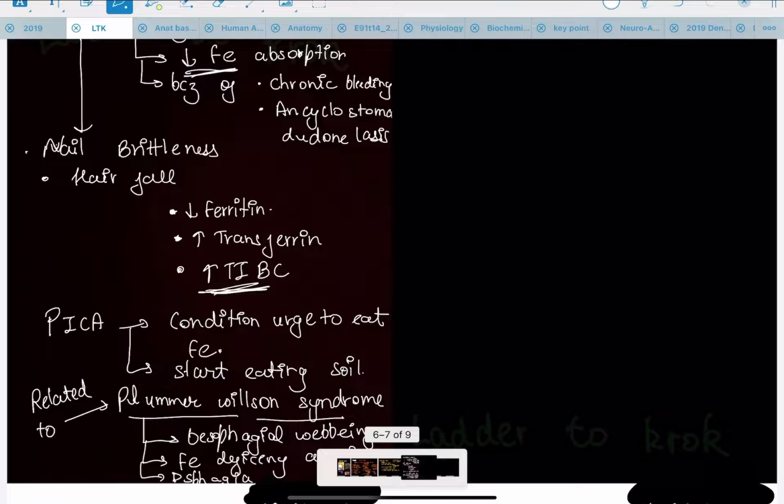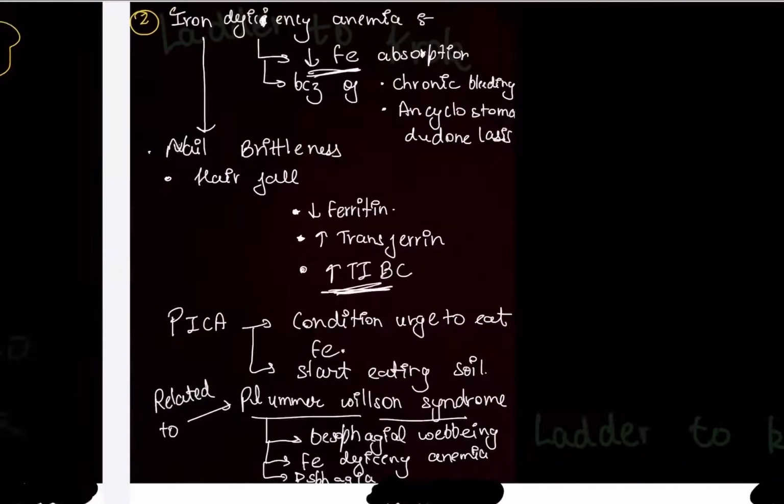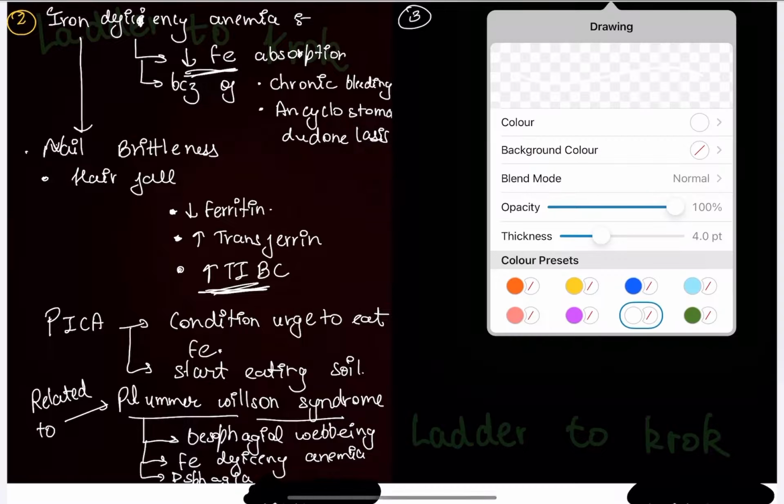Dysphagia. These two diseases are related: iron deficiency anemia and Plummer-Vinson syndrome. Okay, now our third disease is thalassemia. What is our third disease? That is